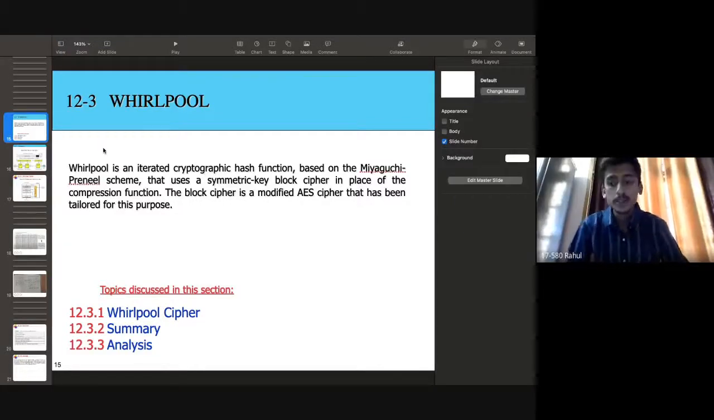I would like to start with a topic, the Whirlpool cipher. Here, the Whirlpool cipher is the same as SHA-512, but there are some differences between the two. Initially,